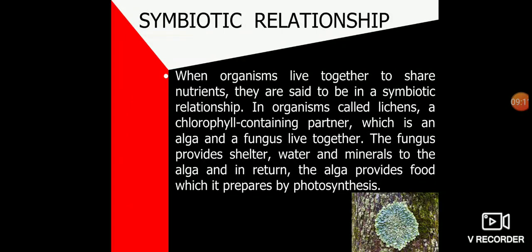In lichen, the green colored plant called alga, which is autotroph, that means they can make their own food with the help of photosynthesis, and non-green plant, fungus, that is saprophyte, which takes nutrients from the dead and decaying matter, live together. The fungus holds the alga cells and gives them shelter and also absorbs minerals and water from the surroundings and supplies them to alga.